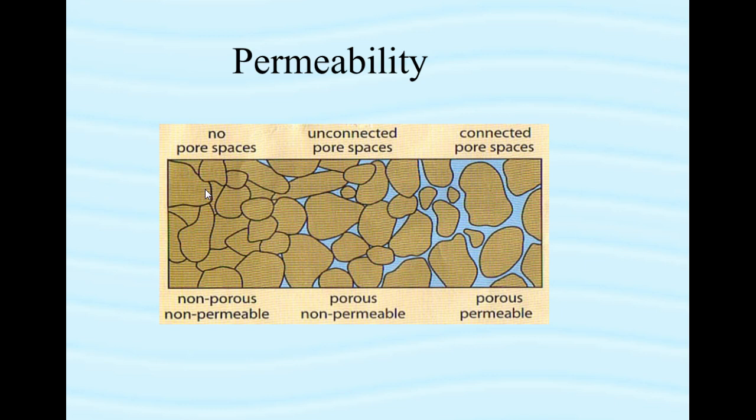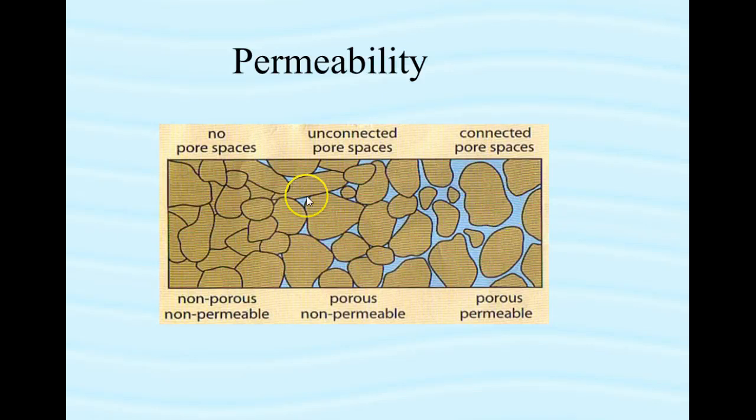Also get in your notes that shales have a low permeability because they have very few pores, and also because these pores are not interconnected like you see here on the left side of the diagram. On the other hand, sandstones have a high permeability because of two factors you can guess, right? Because they have pores for sure, but also because the pores in this rock type are interconnected like you see